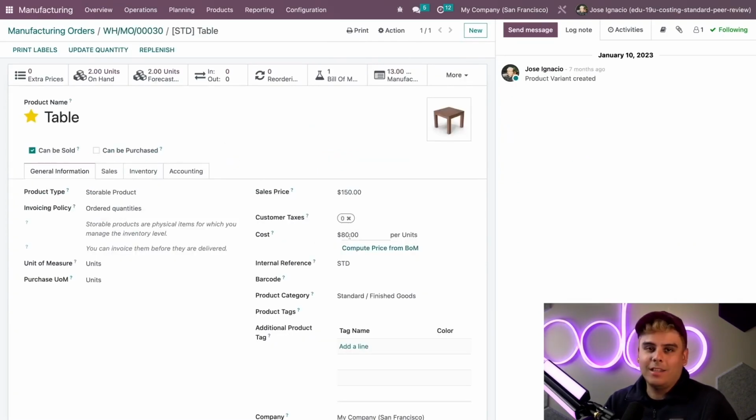And there we are. Actually, there it is right there. As you can tell, it's still $80, calculated using the standard component cost of $5 per leg and $10 per tabletop. All right, now for our final section, let's say that our company has reevaluated its purchase reports and wants to